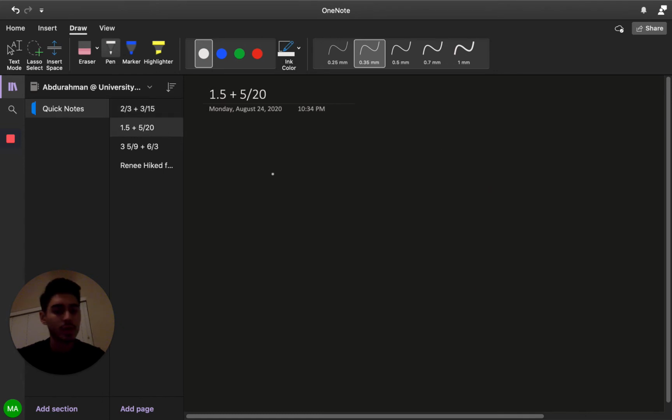The second one, 1.5 plus 5 over 20. So there's two ways you can do this. One, you can turn one of them into a fraction, and then the other way is you turn both of them into a decimal. So 5 divided by 20,